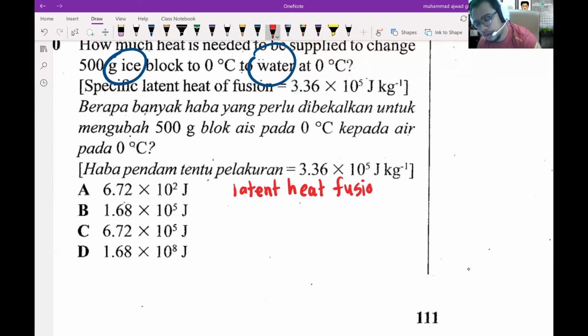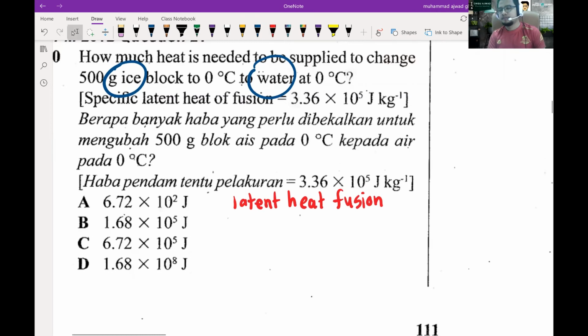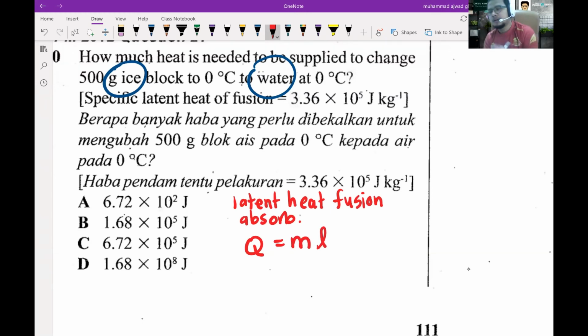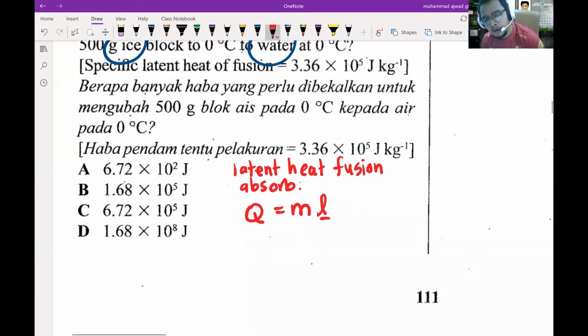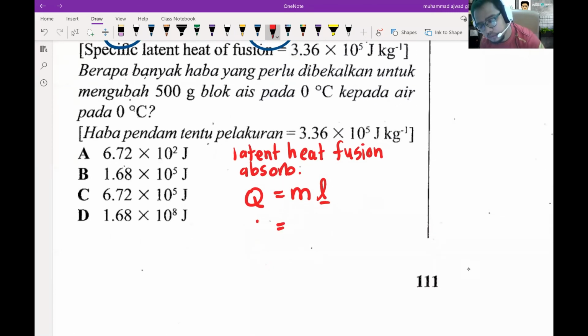Okay, soalan cikgu, is latent heat of fusion being absorbed or being released? Absorbed, because solid to liquid. Okay, good. So formula dia apa? For latent heat, it will be Q equals to mL. Data tak ada. L ni mewakili specific latent heat. So masuk saja. So Q sama dengan 0.5 kg